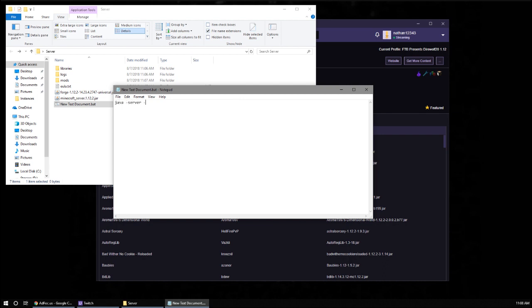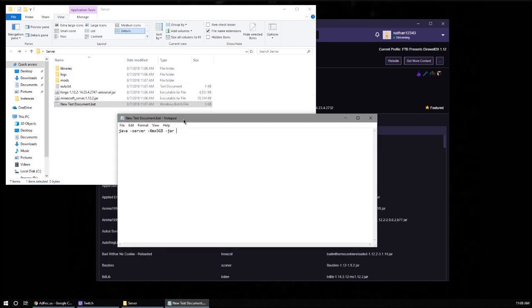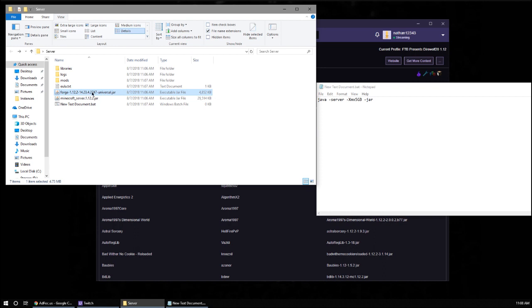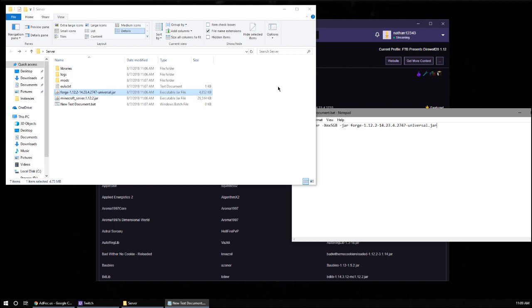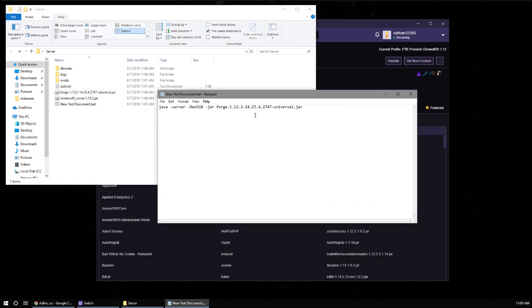-server -Xmx. Let's try 5 gigabytes -jar. Oop, that can't have a space. There we go. Xmx 5 gigabytes -jar, and then the jar that we're going to use is this file name right here. Copy, paste. What this is going to do is run this server using 5 gigabytes of RAM, and the last thing we're going to put on here is nogui, because we don't want the GUI of the server running,